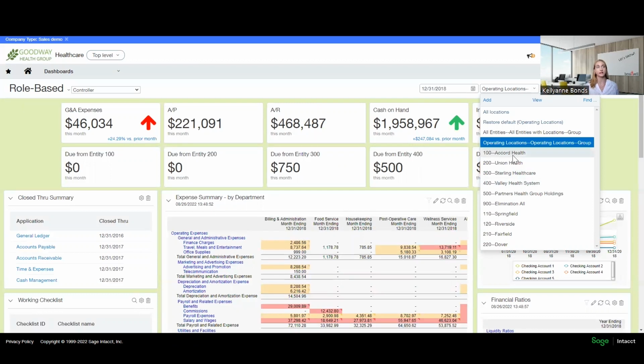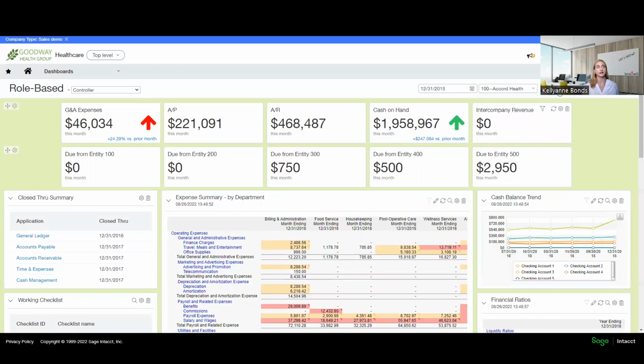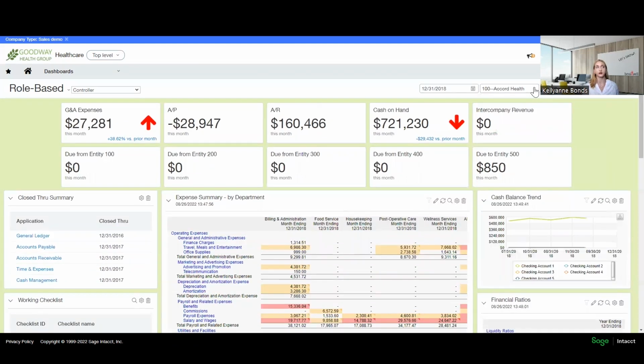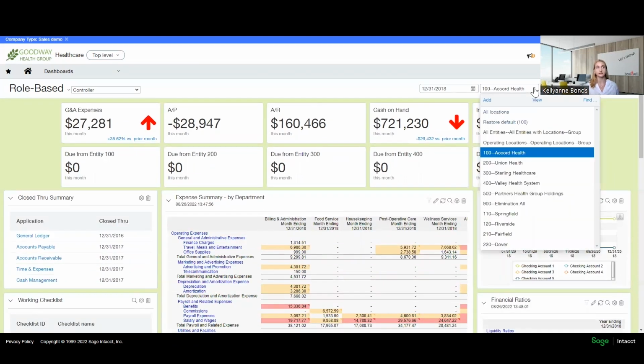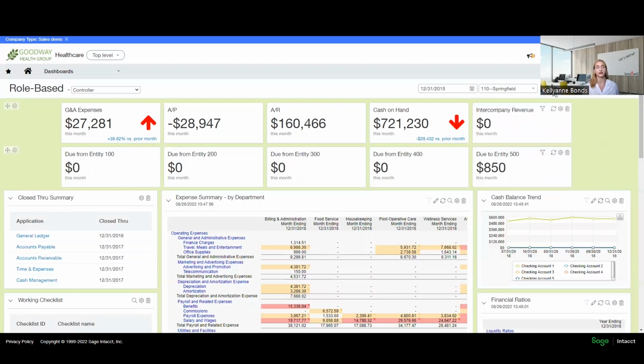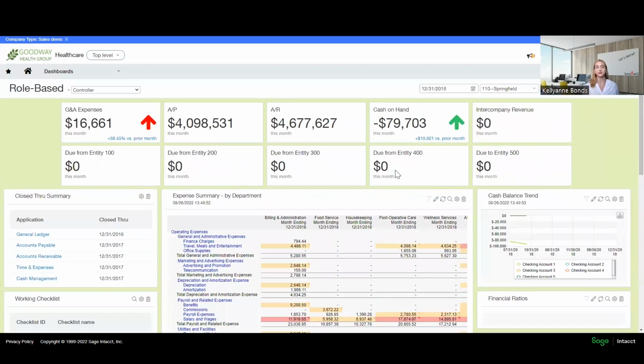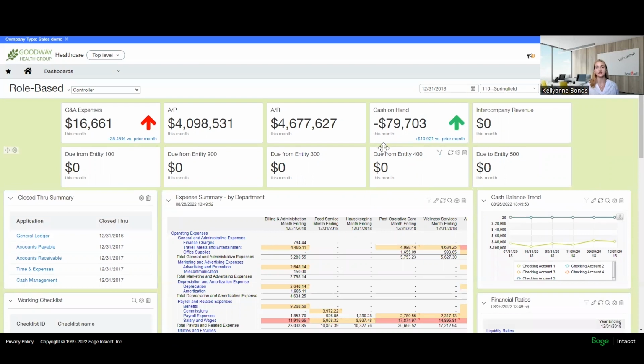So if I am only in the 100 Accord Health entity, this is all I would see. I would not have the option to go ahead and filter more, unless there were specific locations in that entity, like we saw Springfield was within that entity. Then I would have access to Springfield. So we want to make sure that everyone only has data that is visible to them, that is